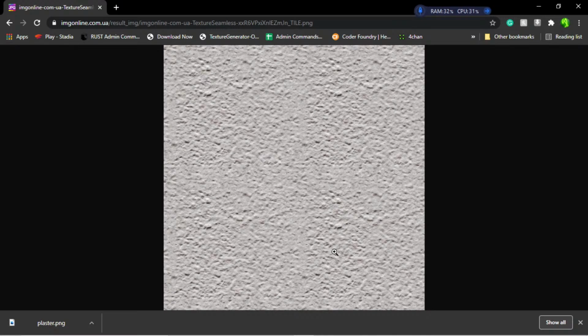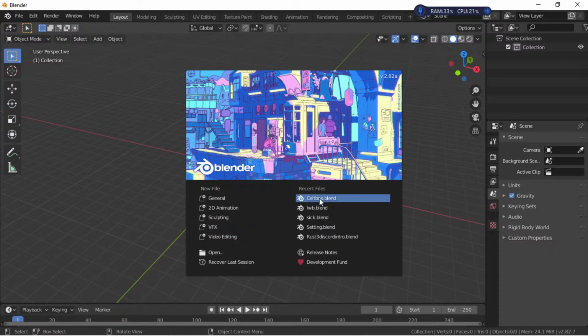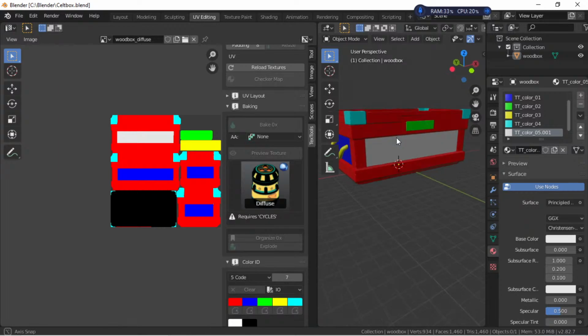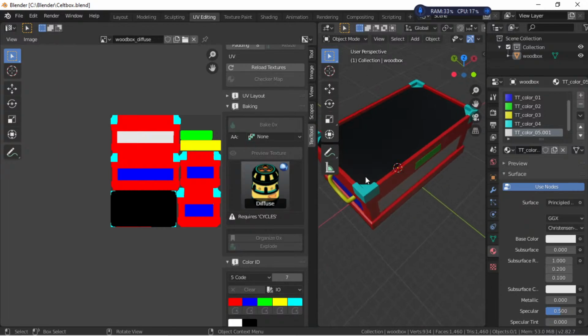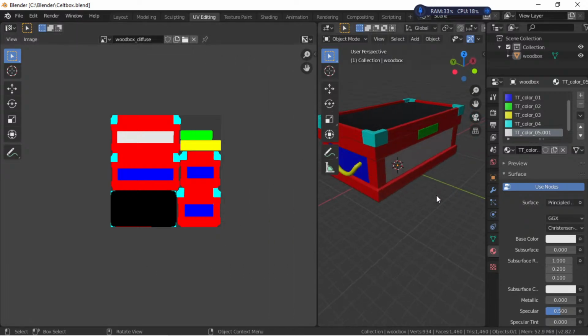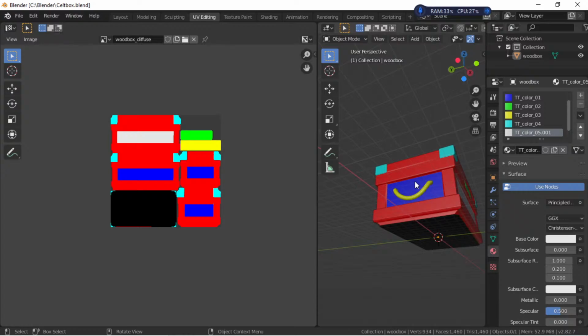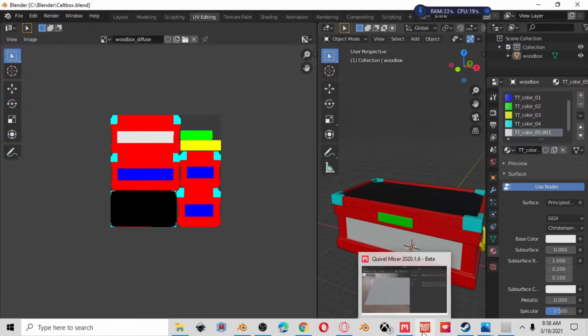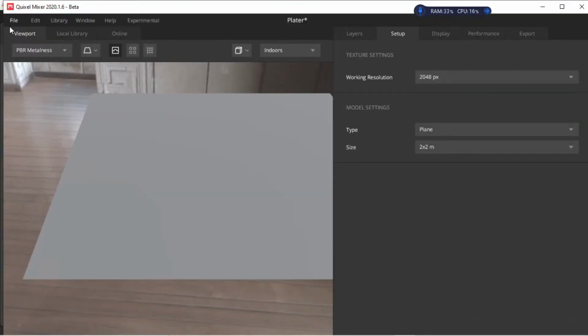What you do is you basically, when you put in the model, so here, let's pull up Blender real quick. I'll show you real quick what I did with this. Come on. Kelp box. What you do is you assign where you want to put your textures with these colors. You choose them, then you pick a color with a download that you got. So you're still using Blender. And then each color that you assign is a different texture. So that when you pull up Mixer,